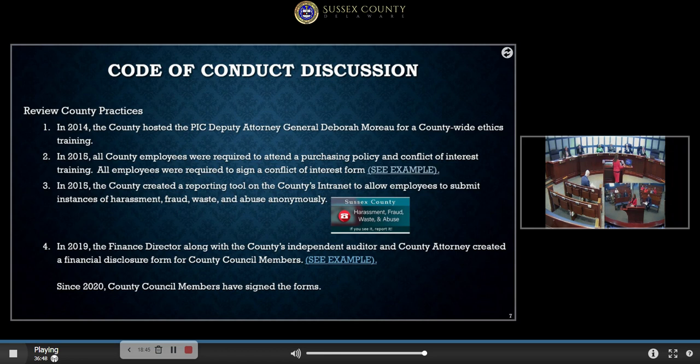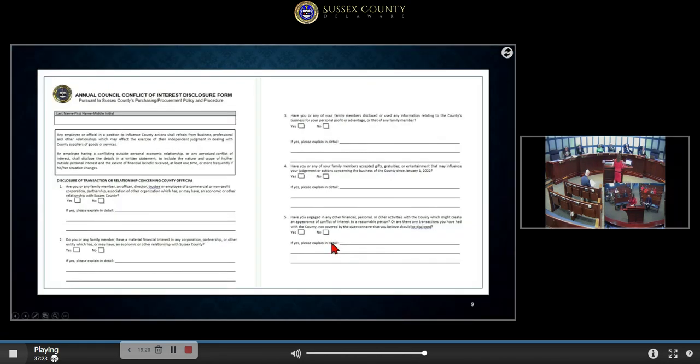To expand that even further, I was talking to the auditors, and the auditors always ask me if there are any related transactions that occur in the county. Again, I know what I know, and I felt it was probably time to work with council to have an annual disclosure form that I could report back to the auditors, saying I ask every year if there's any kind of conflict, if we have any related party transactions, is what they're called. So in 2019, I worked with Mr. Moore and the auditors and came up with an annual disclosure form for county council.